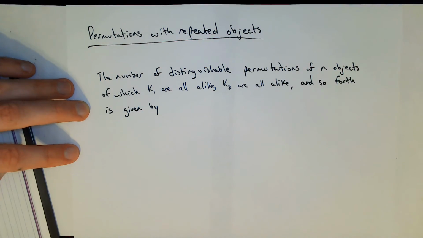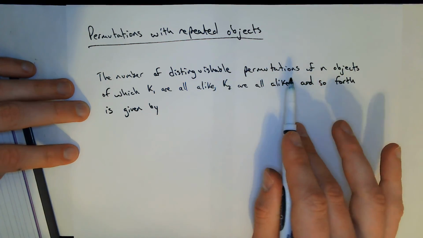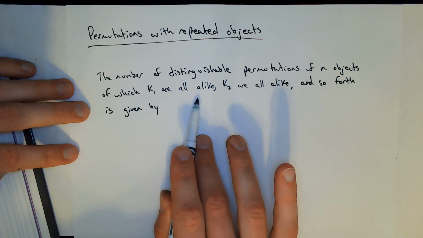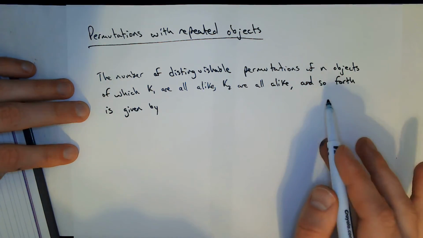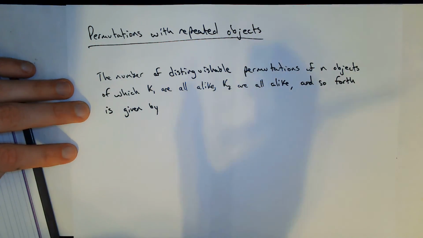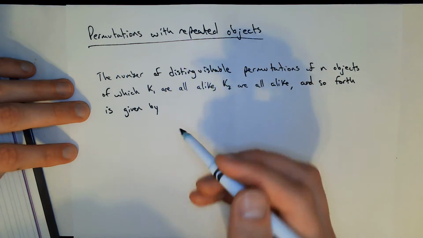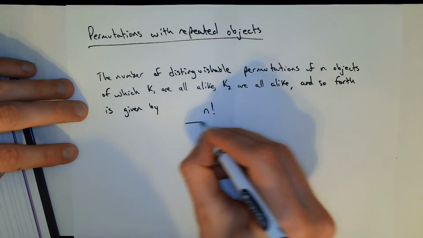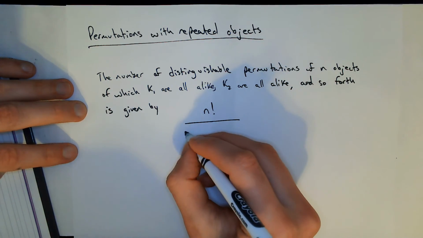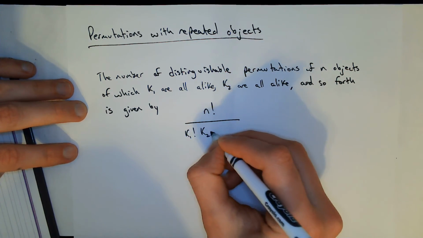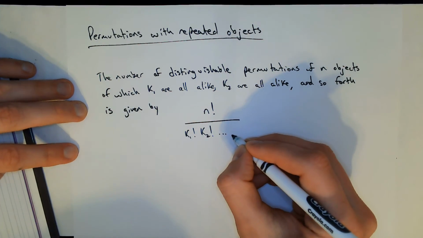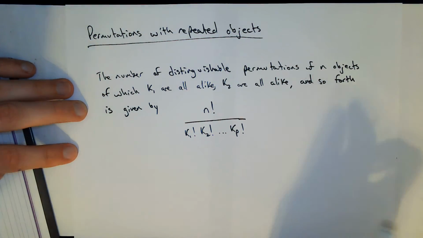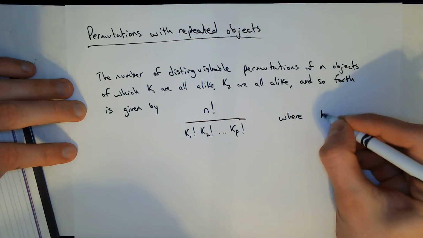Okay, so the number of distinguishable, meaning unique, permutations of n objects, of which k1 are all alike, k2 are all alike, k3, k4, k5, they're all similar to each other, and so forth, all the way up to kp, not kn, is given by n factorial over k1 factorial, and so on. That's right, it's not kn, but what we do have is